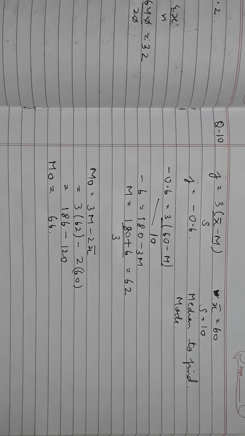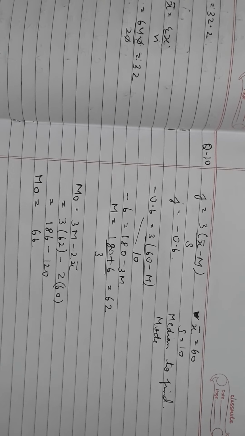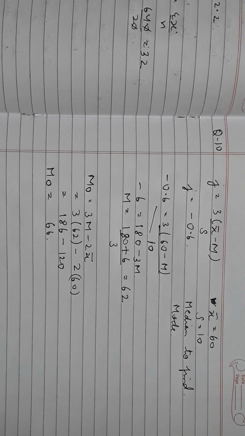Now question number 11, 12, 13 of exercise 5 section D you have to solve yourself. Values are given in those, so to find the values you will apply the formula for the coefficient of skewness by Bowley's method, and another is given by the Karl Pearson method. You will solve these sums, question number 11, 12 and 13, as homework.